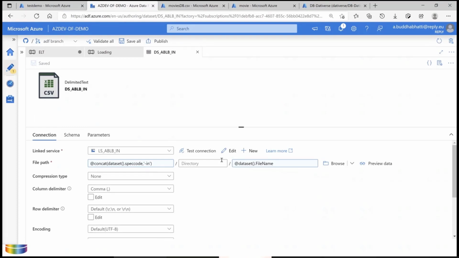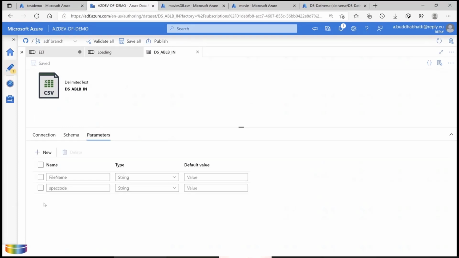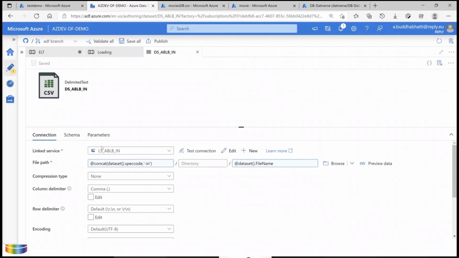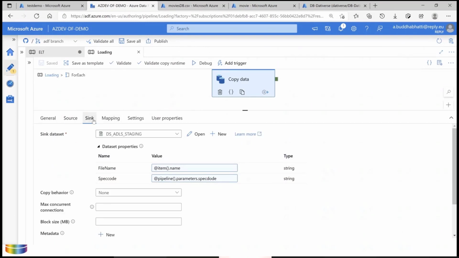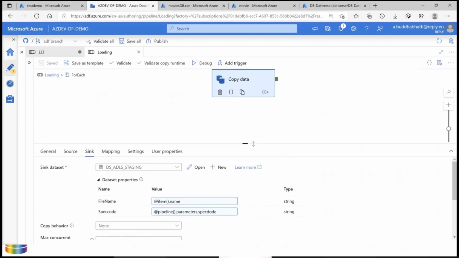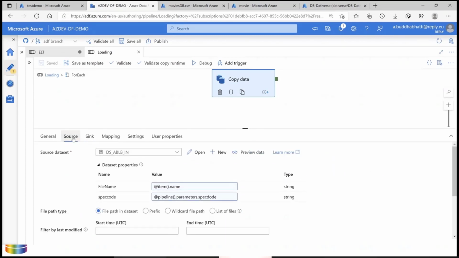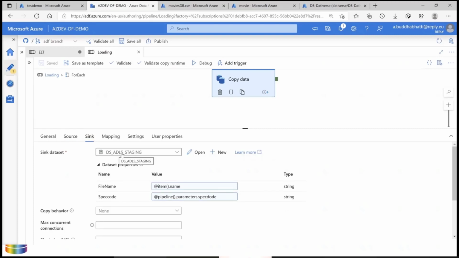In the data set it's also parameterized and used in the connection, and the same parameter passes through the source. Similarly in the sink. So this way it will perform your copy activity and load your data from blob storage to a data lake Gen 2.